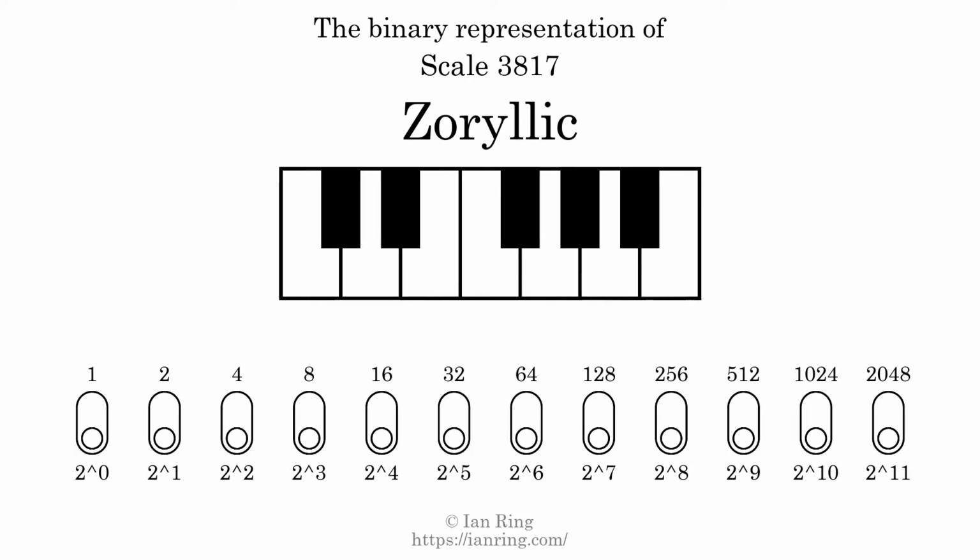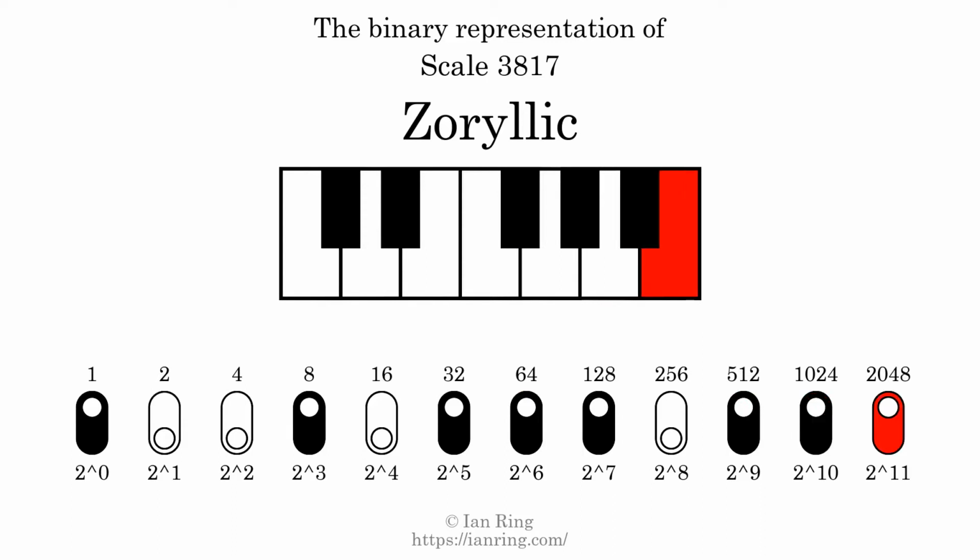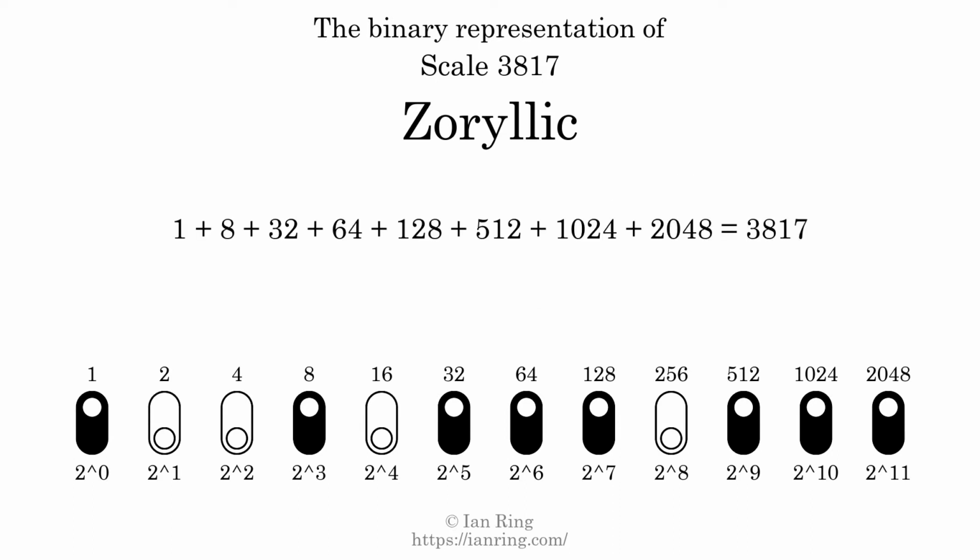The binary representation of this scale is determined by mapping tones of the scale to binary digits. Each binary digit represents a power of 2. To get the scale number, we add the powers of 2 together. The powers of 2 that are present in the scale, all added together, equals 3817. That is why the scale number, in decimal, is 3817. The scale number not only enumerates the scale with a unique index, but it also literally describes the tonal content of the scale. Represented as a binary number in base 2, the scale number is